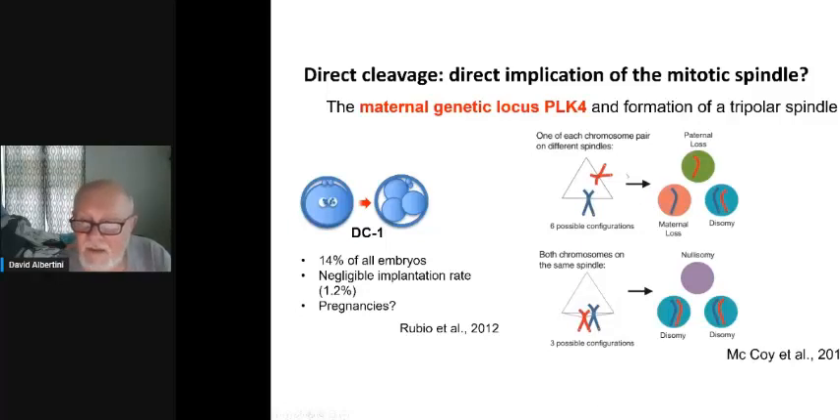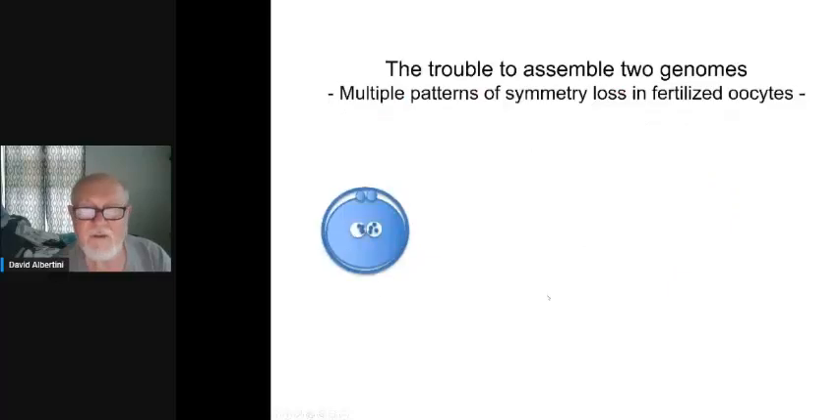Now, the secret behind this is a gene, the polo-like kinase number 4, that has been shown to be genetically mapped to a locus in the female. And this tripolar spindle configuration, again, highlights what I would consider to be a major impact factor from the oocyte in those early divisions. And it does come back to this process of syngamy in that, despite what we all